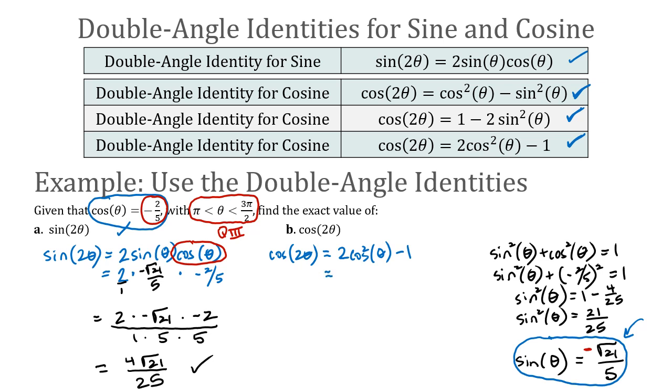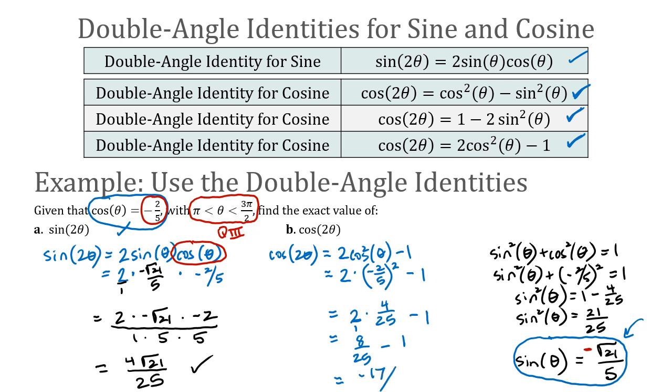Okay, so I'm going to write 2 times cosine of theta, which is negative 2/5, and I'm going to square that. That's what cosine squared theta is equal to, minus 1. What is that equal to? Well, that's equal to 2 times, let's see, negative 2 times negative 2 is 4, and 5 times 5 is 25. And then I'm subtracting 1 from that. So remember this 2 is over 1, so I'm going to get 2 times 4, which is 8, over 25, minus 1. And 1 we could call 25 over 25, couldn't we? And so 8 over 25 minus 25 over 25, I'll let you calculate this on your own, is